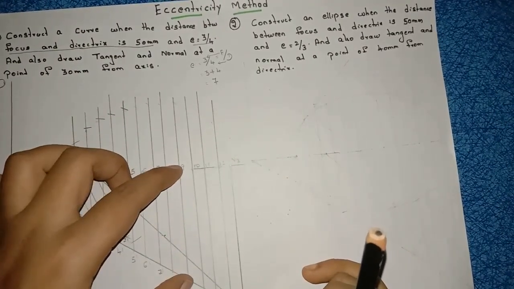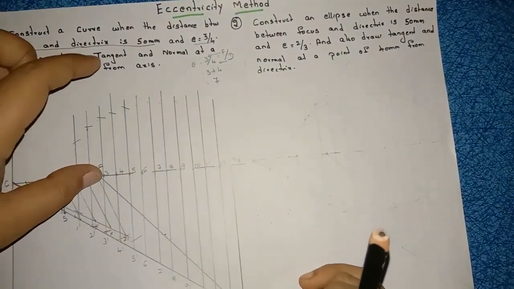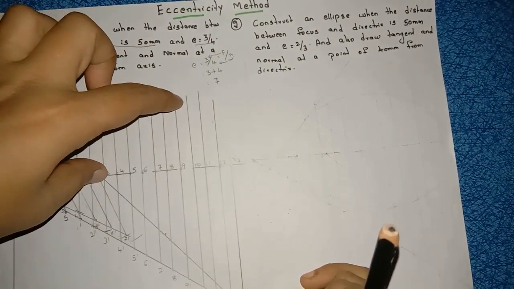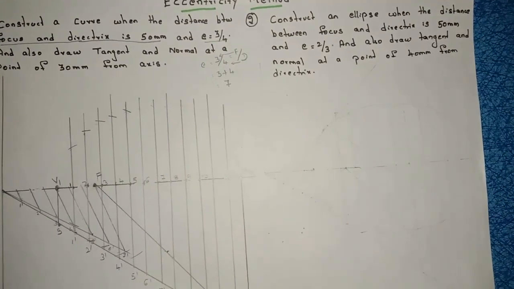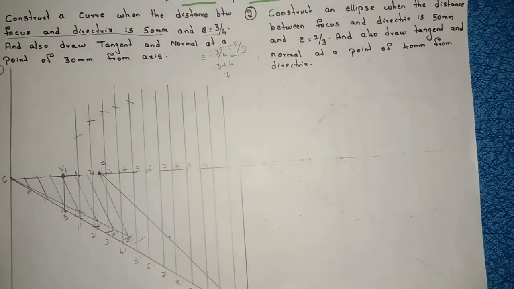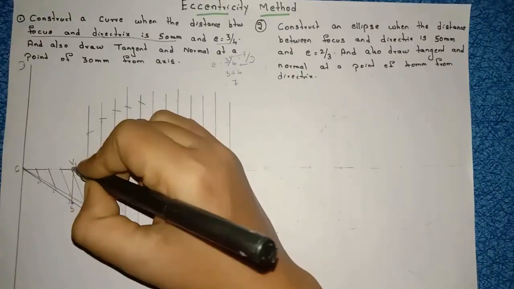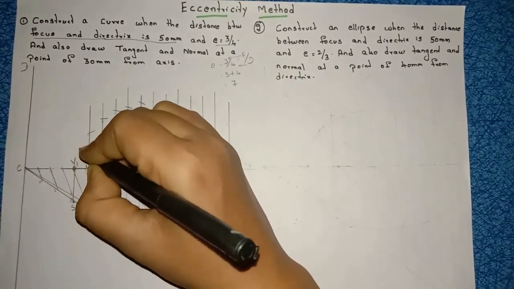9, 9 dash as radius, F as center. You have to draw the arc on the 9th line above and below. So on up to 12. Right. So if you join all that, if you join all the arcs, whatever you got,